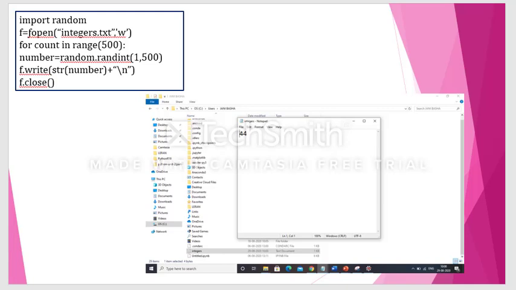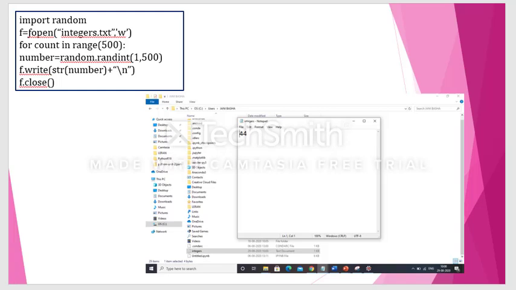After that, we have written a for loop: for count in range 500. So what is the value I need to write in between 1 to 500, right? So that's why I am using a function called range with a for loop. So for count in range 500. Okay, so we are generating a number between 0 and 500.